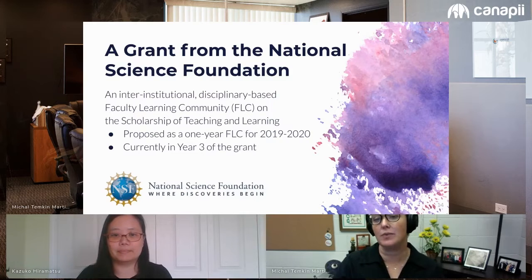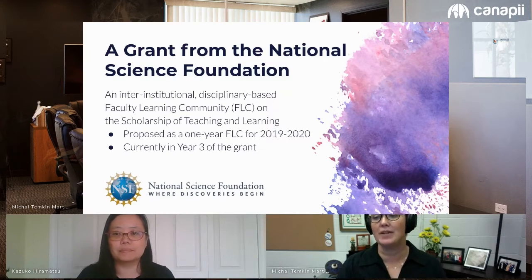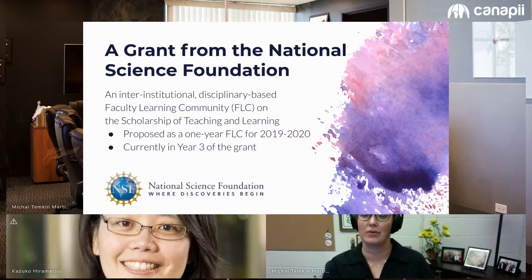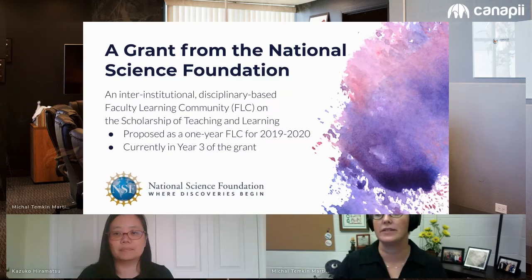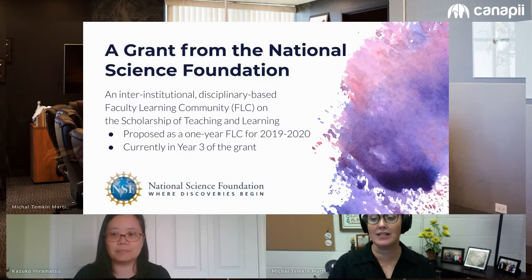To provide linguists with the opportunity to have more robust conversations about teaching and learning, we adapted the FLC model to invite linguists from a wide variety of institutions and ranks. We secured funding from the NSF to support and legitimize this work in a discipline that does not yet value SoTL broadly. In addition to compensating our participants, in our proposal, we successfully requested funding for hiring 4 expert consultants on scholarly teaching, SoTL, and JEDI issues to help us with thematic workshops on SoTL-related issues, as well as individual